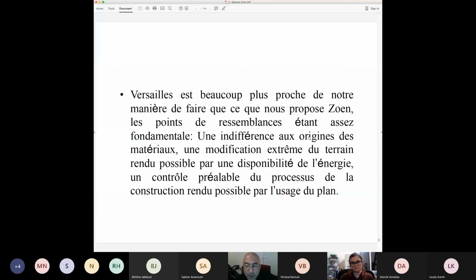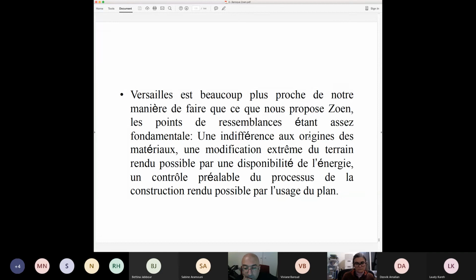Like Versailles, your house is overwhelmingly indifferent to the origins of its materials. Like your house, the one you're sitting in right now,